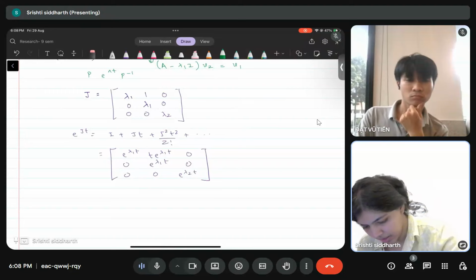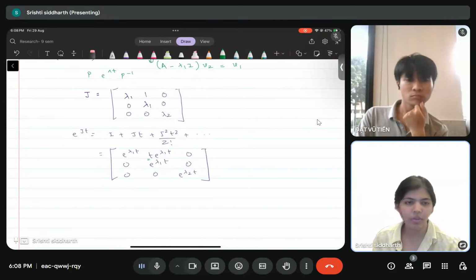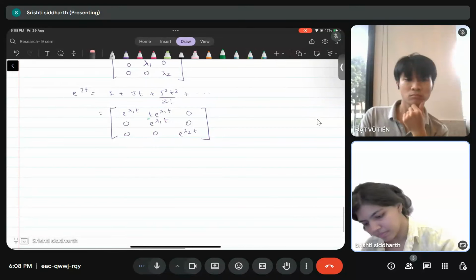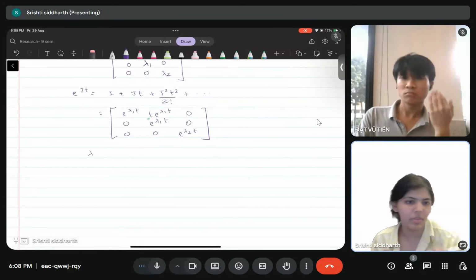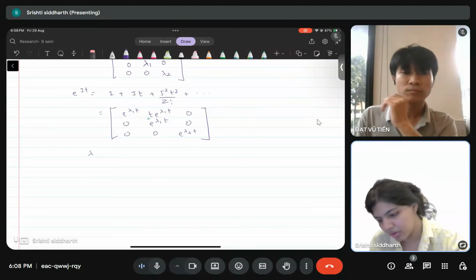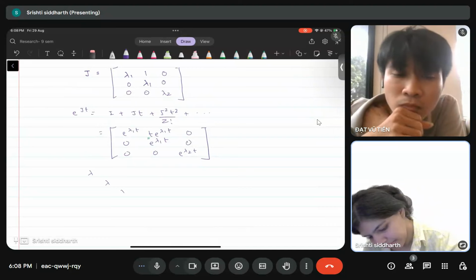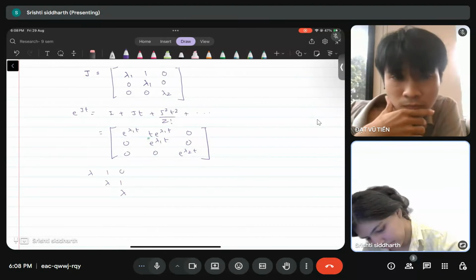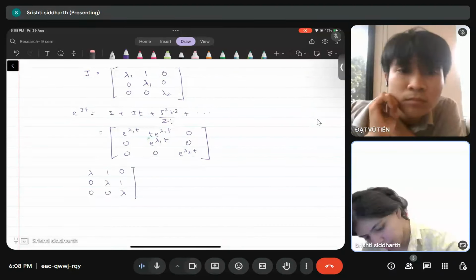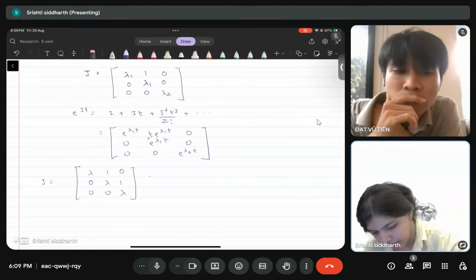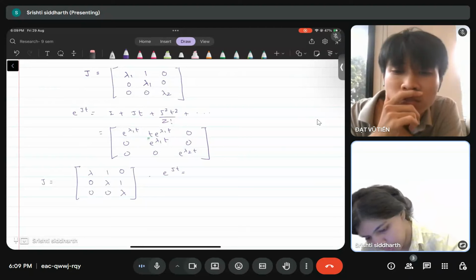The only difference is that there is a t here. So if it was three repeating eigenvalues, for just, let's say, a third order system with repeating eigenvalues, this would be lambda. This would be the Jordan form, right? And then in this case e to the power Jt would become